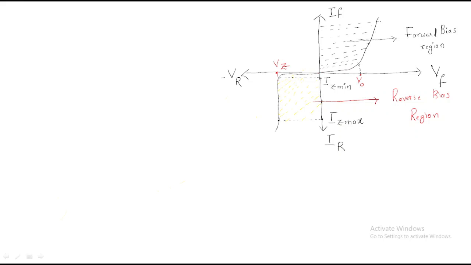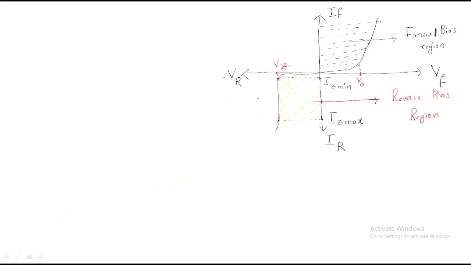If it is a highly doped GNR diode and you increase the reverse bias voltage, you observe here that the current value increases like this, but the voltage value stays constant. There is no change in the voltage value. So when you vary the reverse bias voltage, the GNR diode voltage is fixed, and by using this phenomenon we use it as a voltage regulator.